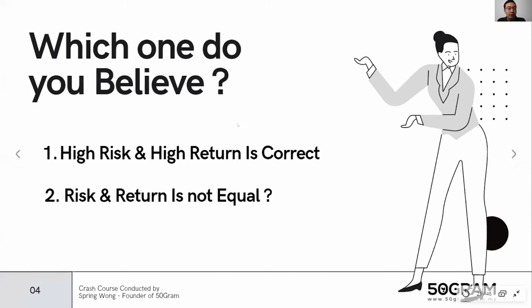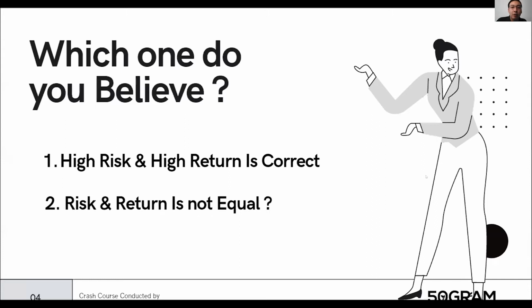Okay, another mindset shift is, which one do you believe? The first thing is that you believe in high risk, high return. You think that one is correct. Another thing is that you think that high risk doesn't come with high return, or risk